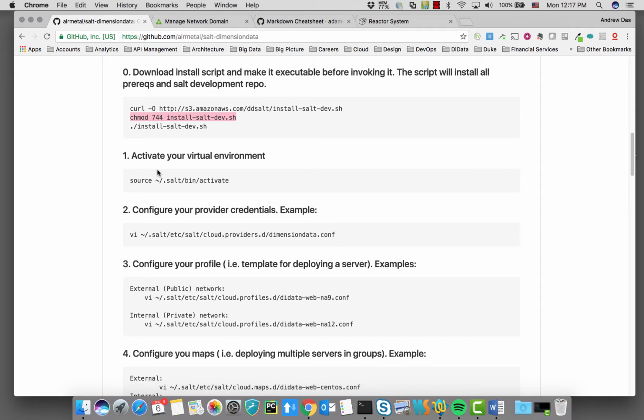So it helps you to keep a very clean and maintainable environment without clobbering your global environment,